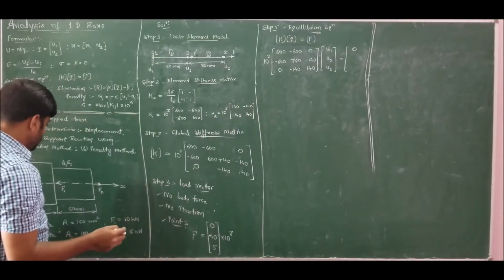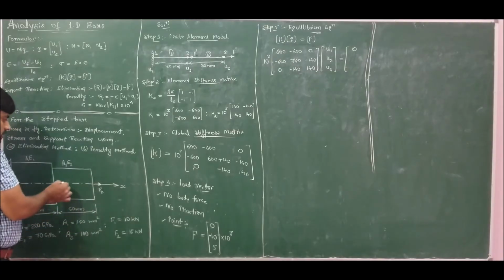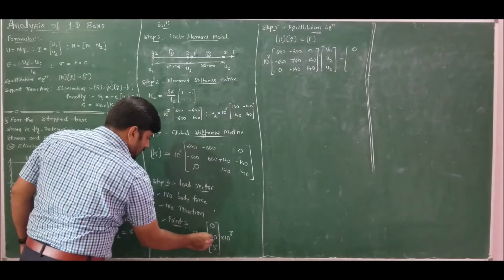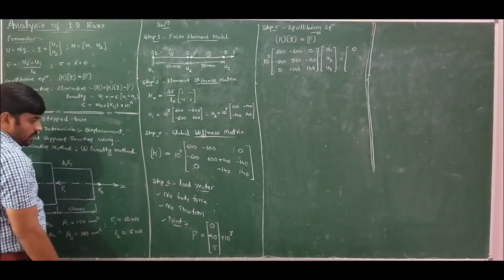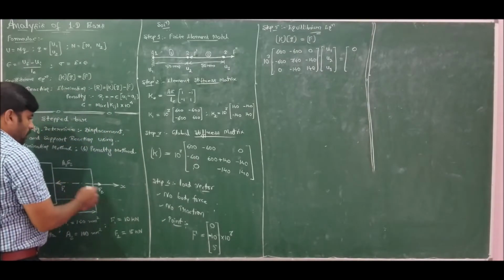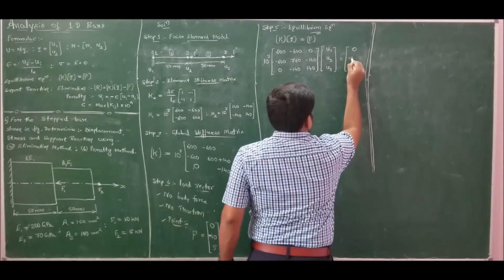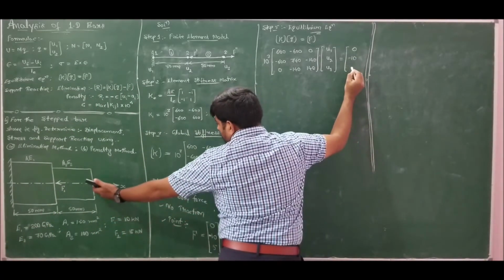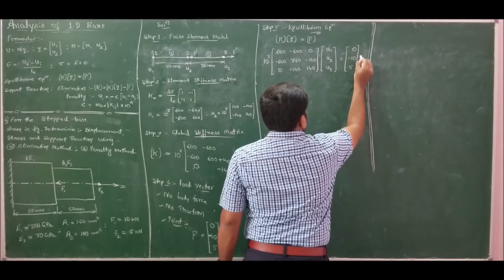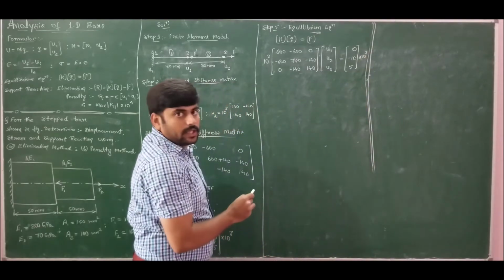At node 2, if you observe, the force F1 is acting opposite to the direction of x, so therefore it is negative. I should take it as minus 10, very important. So kindly make the correction here, it is minus 10 because it is acting opposite to the positive direction of x. Whereas at node 3 the force is acting along the direction of x, which is 5 kilonewtons into 10 to the power of 3. So this is about the equilibrium equation.